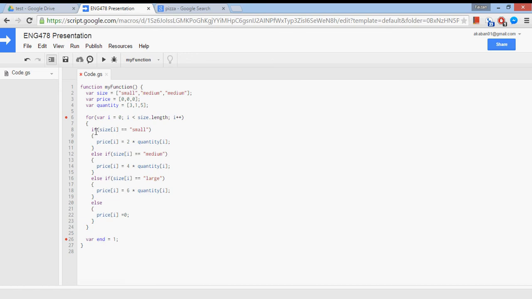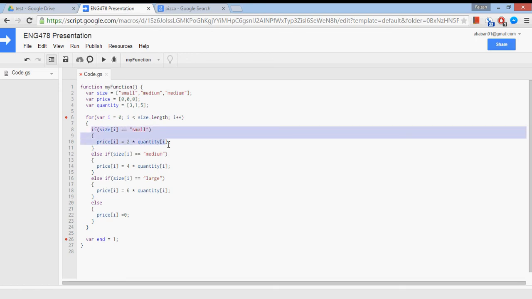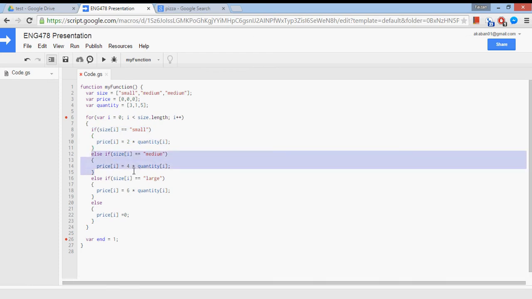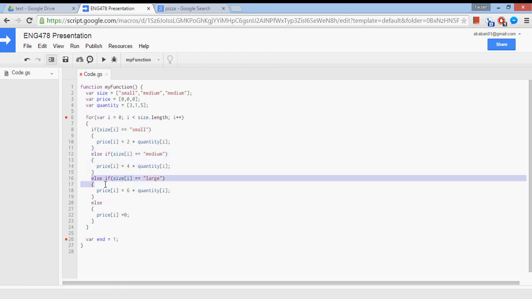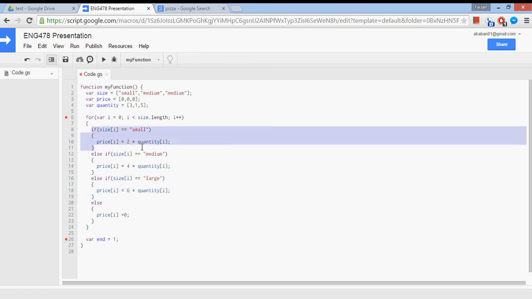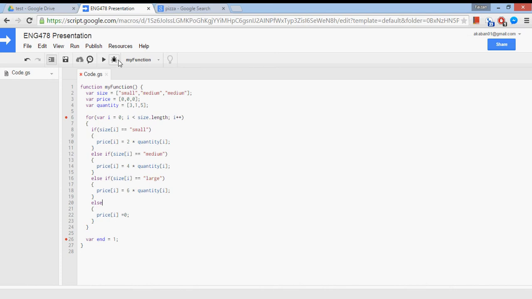Because of the else if, it now means run this one. If this is not true, run this one. If this is not true, run this one. For example, if this one is true, these are our else statements, so it's not going to touch any of those, not even this one, and goes to the end. Okay, now if I run my program,